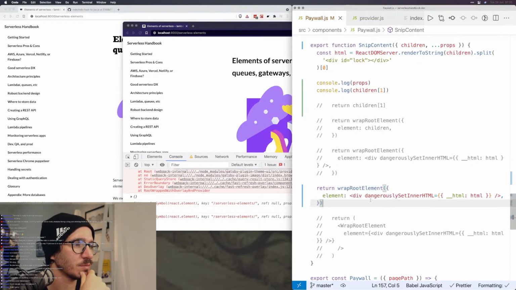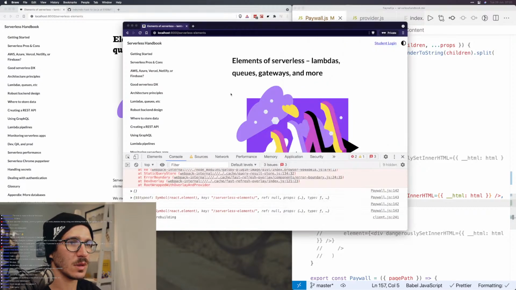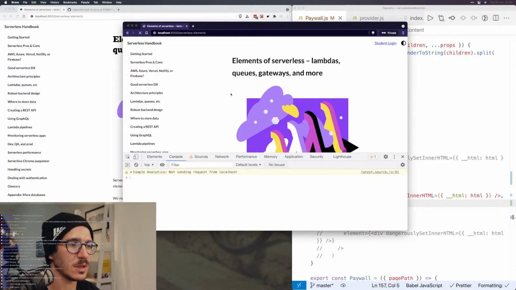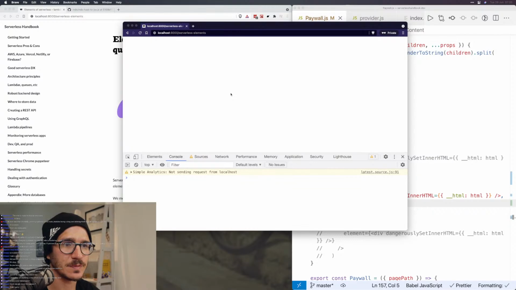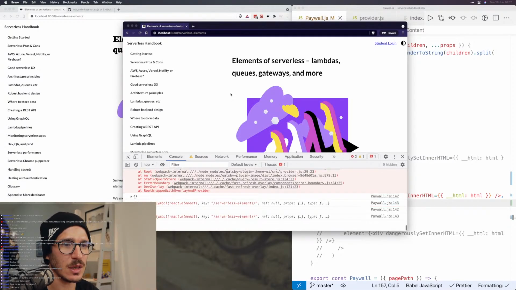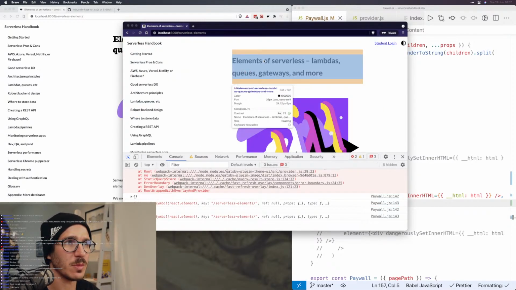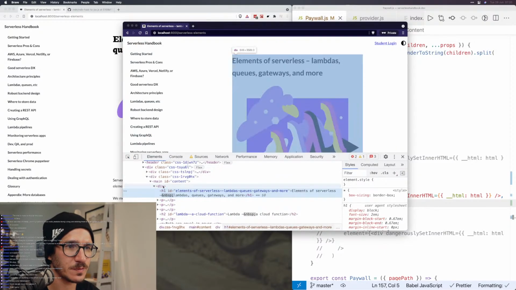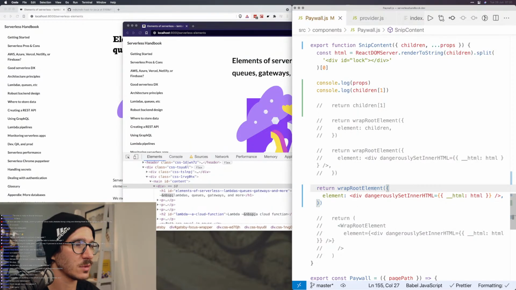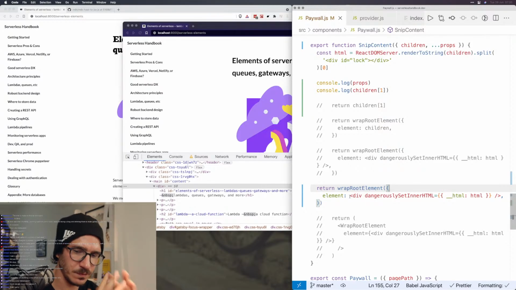Oh, right. So it works, but it doesn't style it because it's raw HTML, so it doesn't know what to do with that. Yeah, see, so it became wrapped, yeah, it's wrapped in another div. But